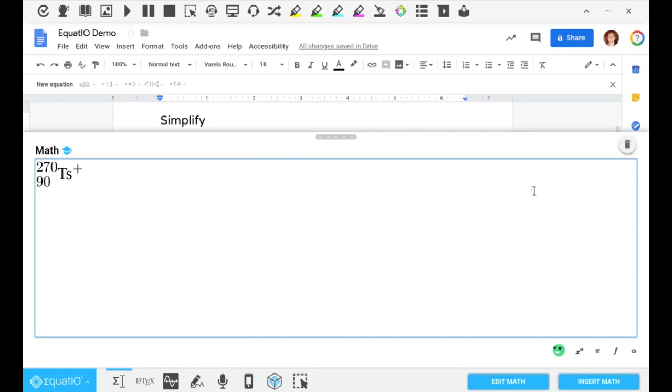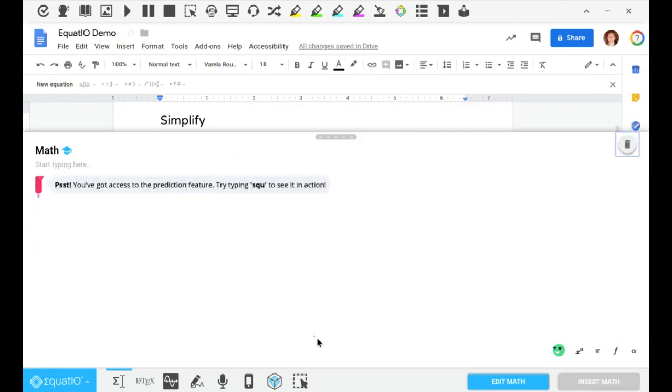So that prediction component makes it much easier to think about your thought process, but also not to have to pre-plan it. Again, I'm always thinking about the cognitive load that students need to do to make digital math. We should make it easy and intuitive. So I can do that all with the equation editor.